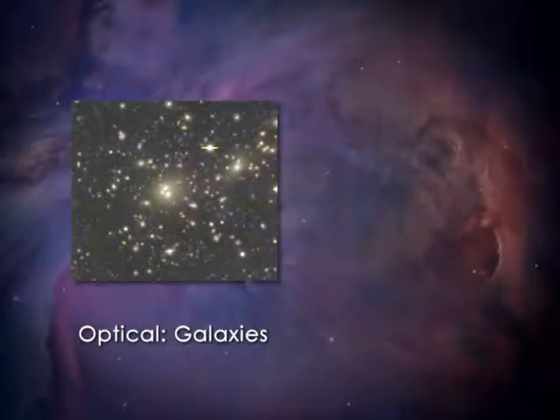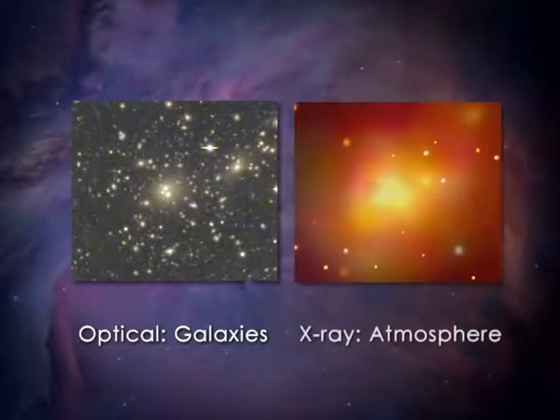Here's an example of that same effect, but on cosmic proportions. Here's a rich galaxy cluster, just like the one we saw modeled in the movie. But remember, these rich clusters also have a thin, hot atmosphere that shows up in X-rays, as you can see in this X-ray image of the same region. So if a spiral galaxy falls into a cluster like this, it feels a wind pressure blowing, and that's enough to strip the galaxy's gas away.